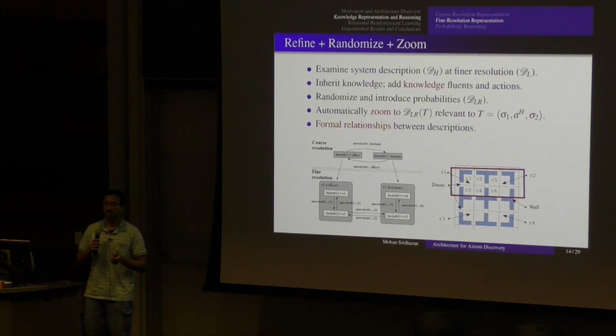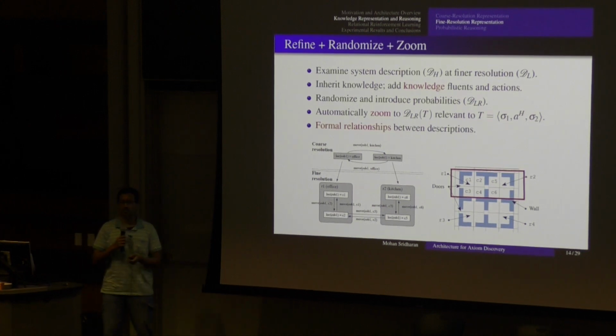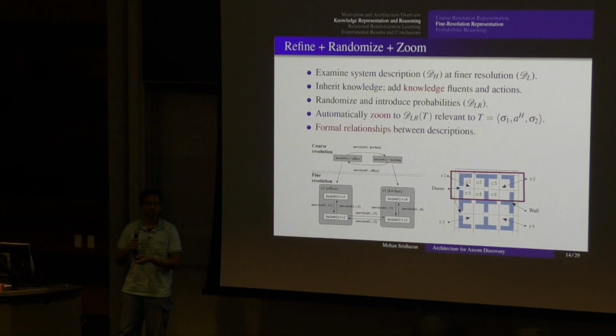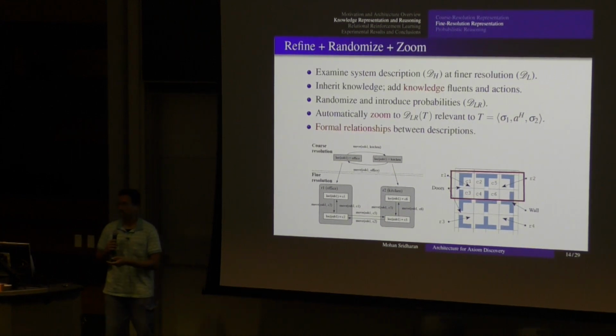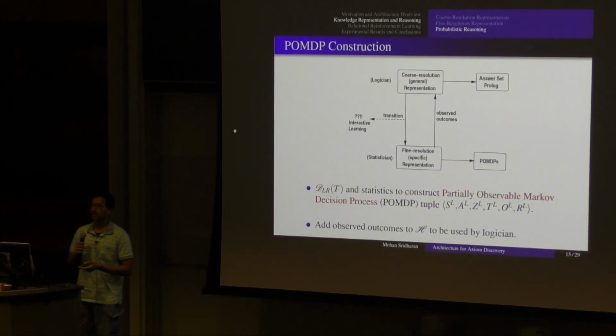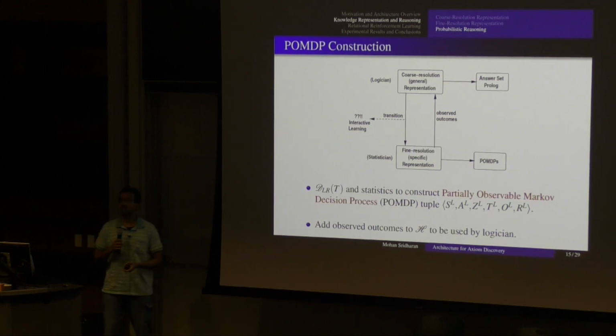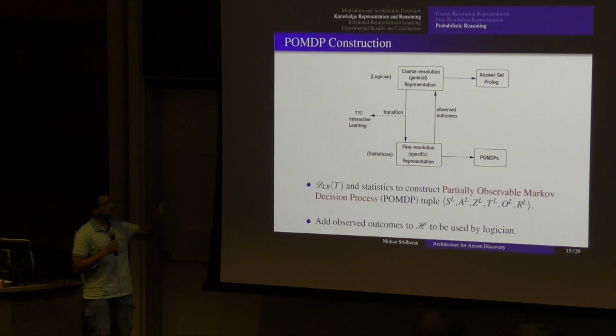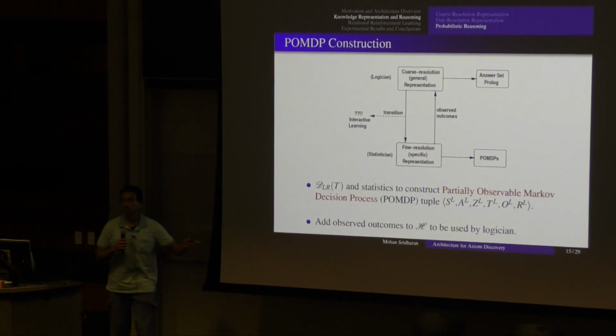Okay, so this is done, and just as we had a coarse resolution and we translated that to ASP for reasoning, I now have a nice fine resolution description. What do I do with it? With the probabilities, in my case, I translate that to POMDPs. I use POMDPs or hierarchical POMDPs, let it do my reasoning, and when it has some outcomes to report, that goes back to my logician's history, and it uses it for subsequent decision steps. So the cycle is complete, so to speak.